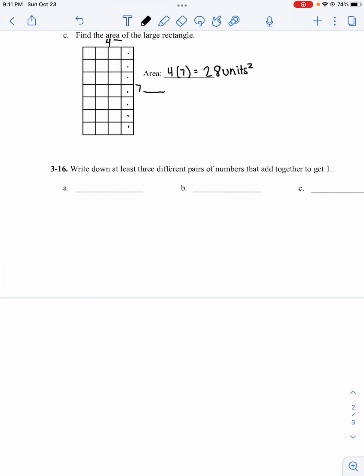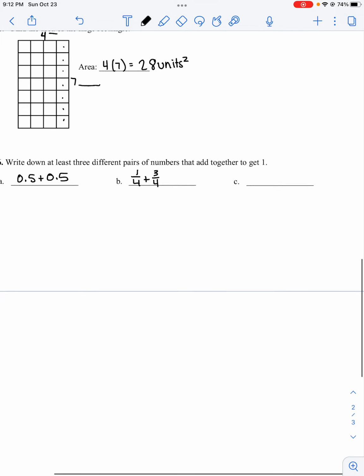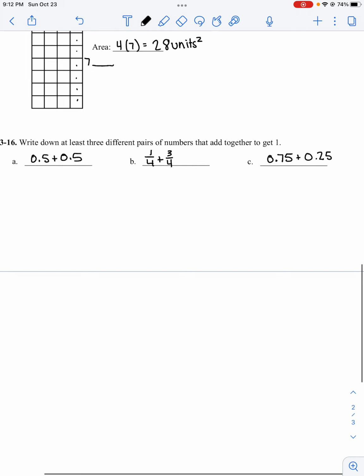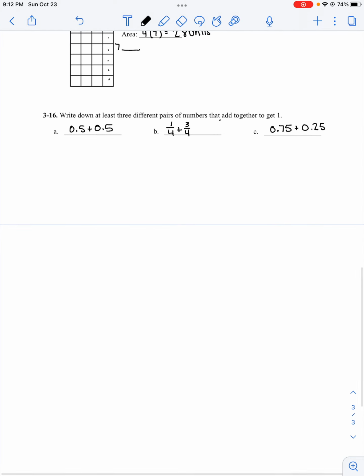Okay, problem 16. Write down at least 3 different pairs of numbers that add together to get 1. Okay, I could write down a half plus a half in decimal form. I could do 1/4 plus 3/4. I could do, maybe it's 0.75, so 75 hundredths plus 25 hundredths. The key word is we're adding. As always,